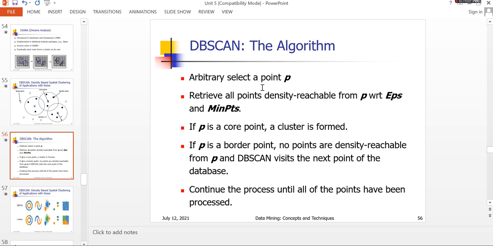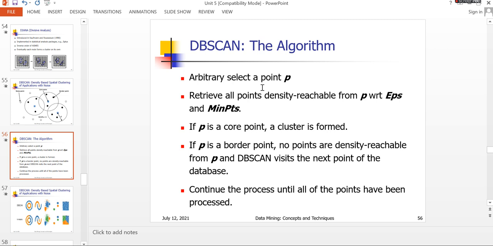Like that you can categorize those two, core point and border point. Then a noise point is nothing but a point that is not related to any core point, not related to any cluster. So it is just outside of the clusters. For all points you have taken and drawn circles, it is not within any circle, just outside of the clusters. So it is not related to any cluster, and then it is said to be a noise point.